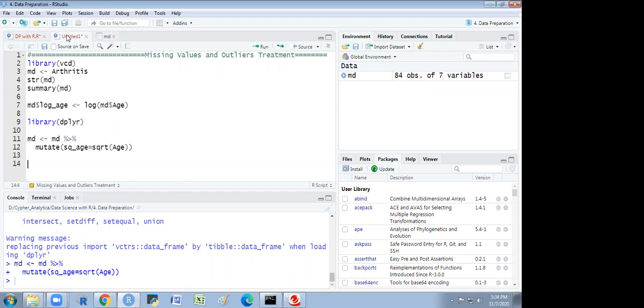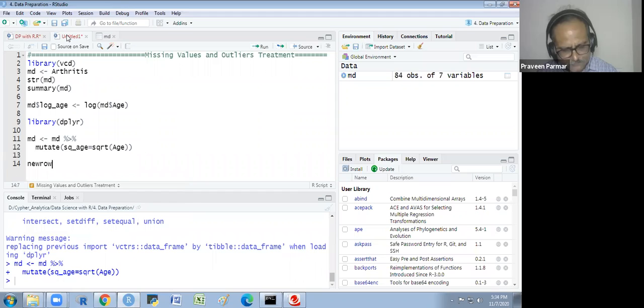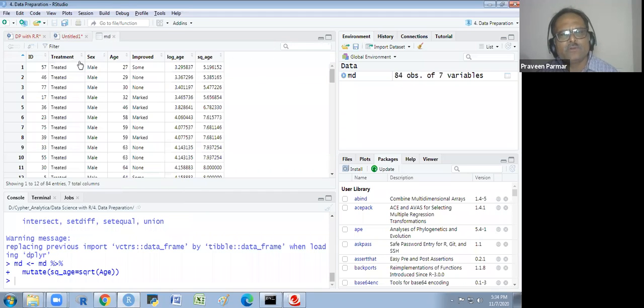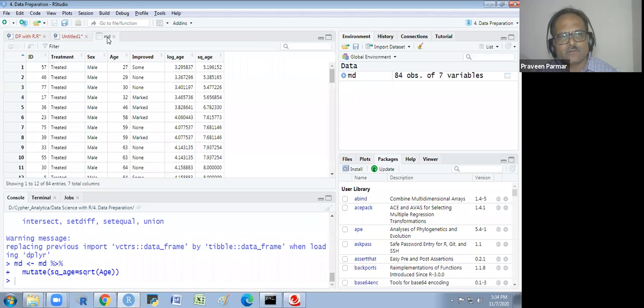Just like new row, I write here. And then as per the variables, you have to put all these things. Suppose I am putting ID 122, as per this I have to write.